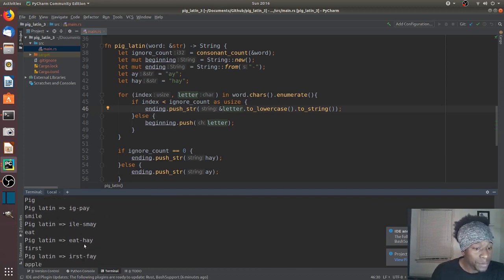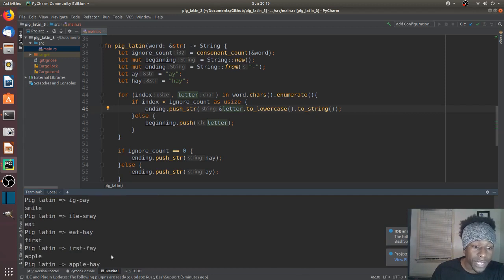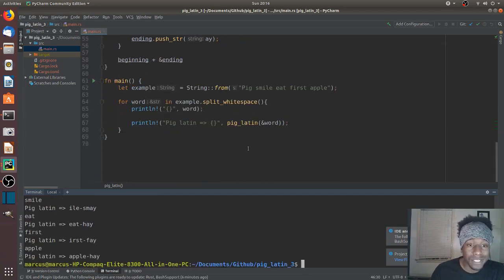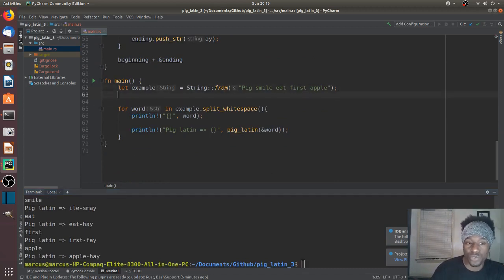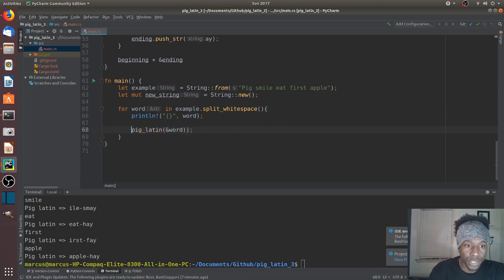irst-fay, irst-fay, eat-hay, irst-fay, apple-hay. So these are the letters transformed. Last but not least, let's make it into a large string. So over here, let's create a new string. Let mutable new string equal String new. And we have our Pig Latin words. Let's just erase this and do new string dot push string and pointer,